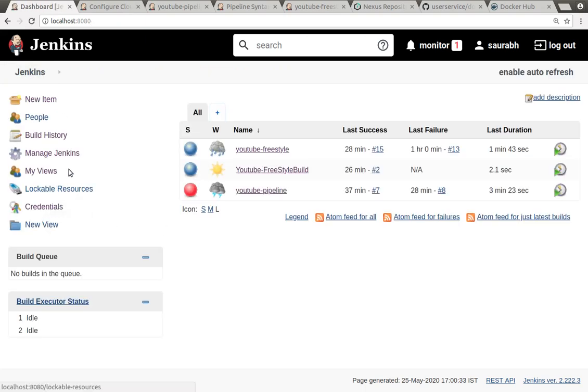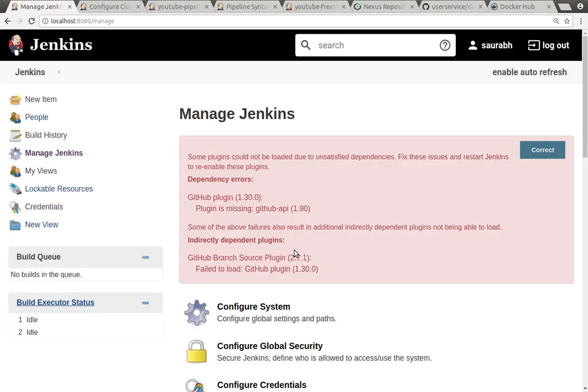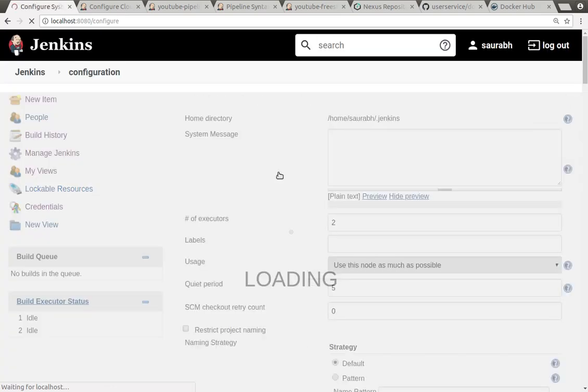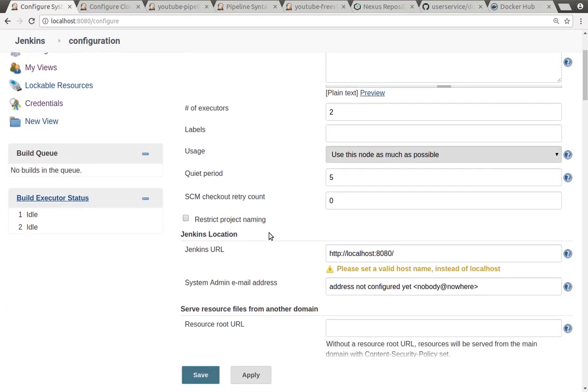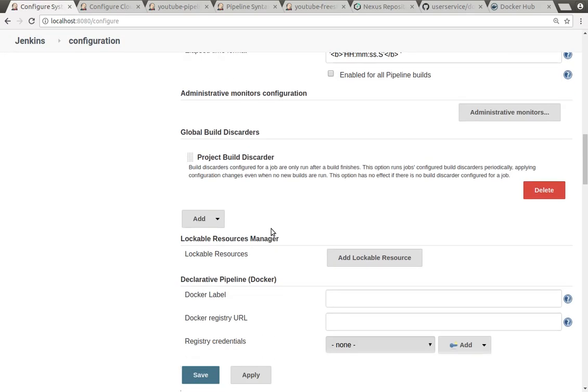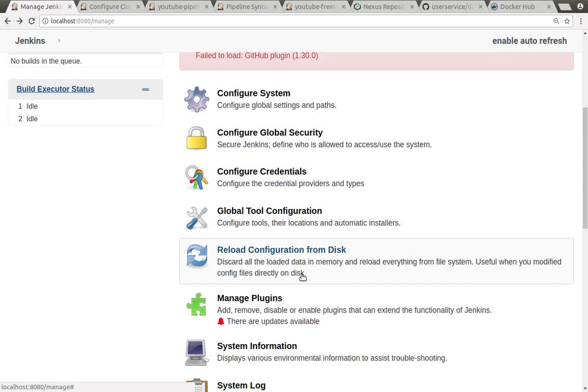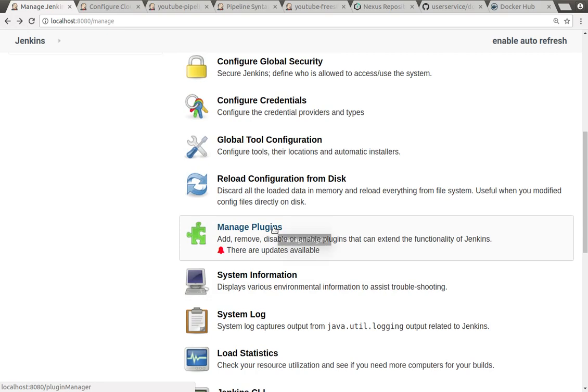And as part of plugin configuration, the very important thing to run all this, Docker, Nexus, everything, is that you need a set of plugins. Jenkins works only when it has those required plugins configured. So in the Manage Jenkins section, again, you can go here and configure Jenkins. The Manage Plugins option is there.